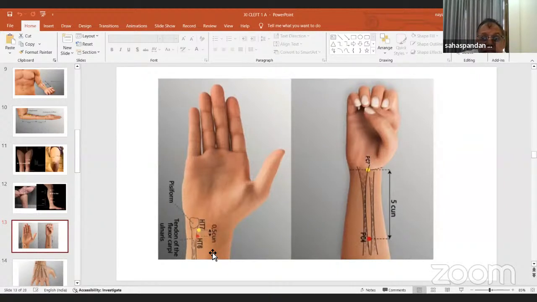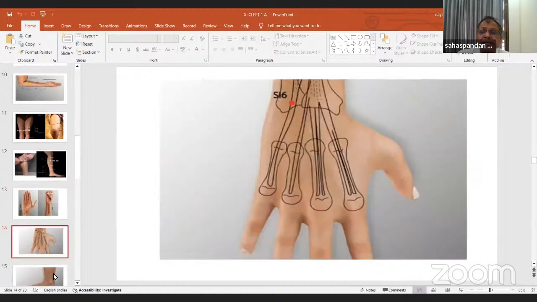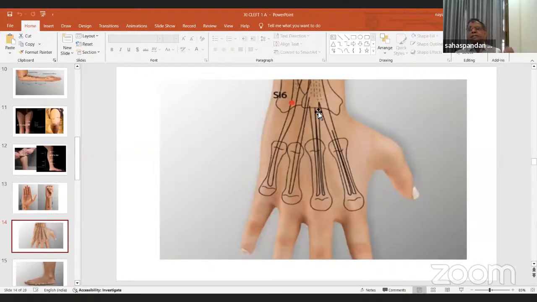Okay, this is the heart 6. So heart 6, sorry, not heart 6, small intestine 6. Very small intestine 6. Small intestine 6 for